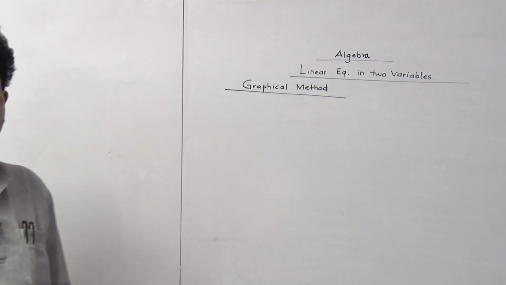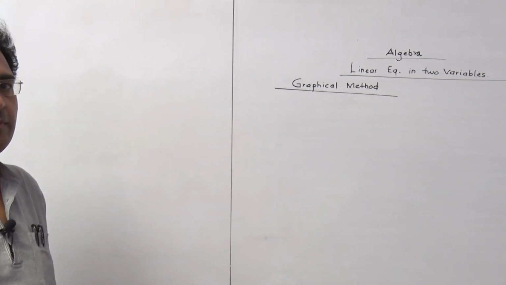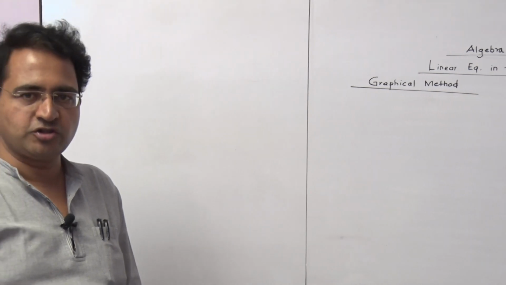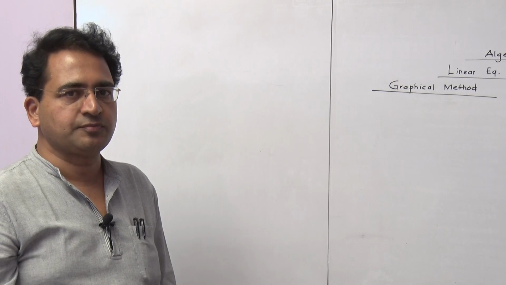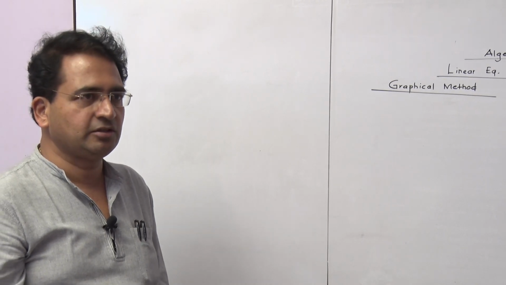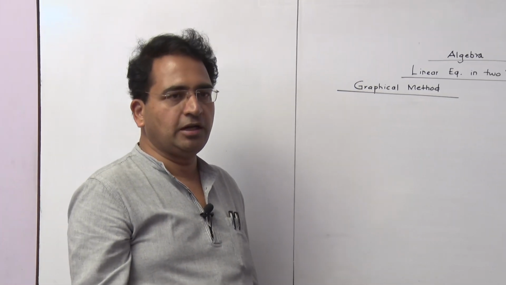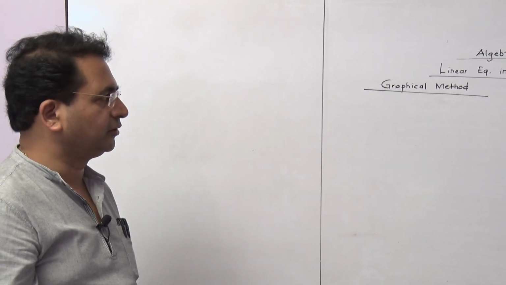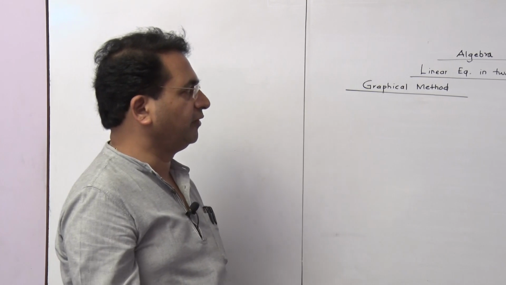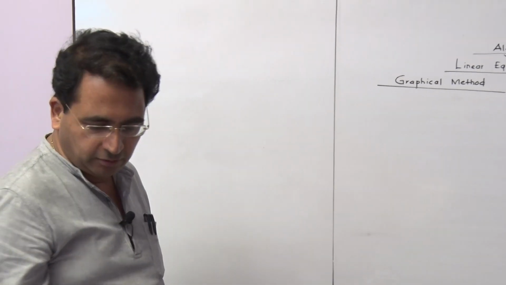Whatever methods we have studied for solving equations simultaneously, that is, by equating the coefficients, and one more method, that is add, subtract, add, substitute. That is the last method we discussed in the earlier session. Now we are going ahead with the graphical method, solving the equations by the graphical method.